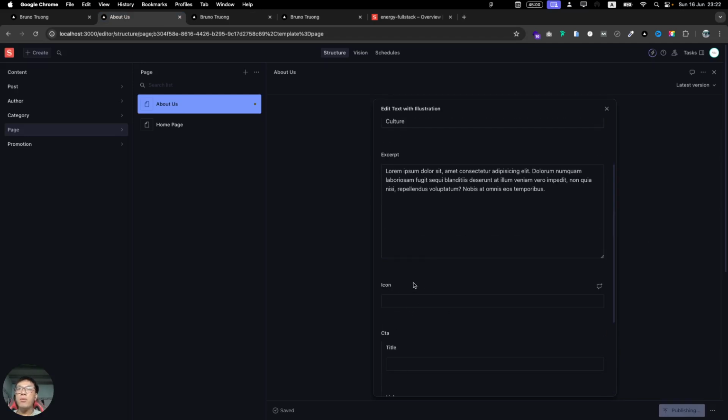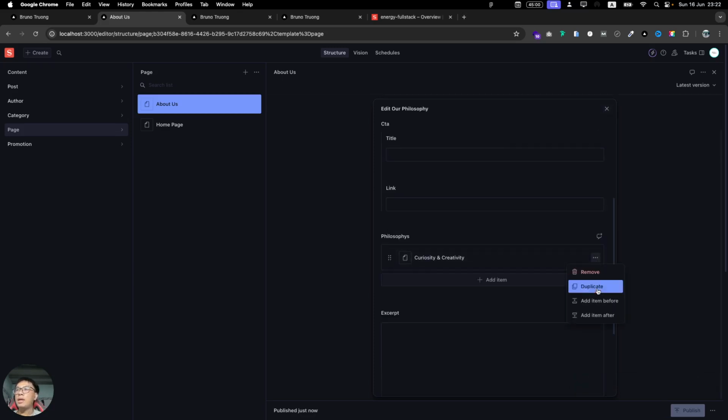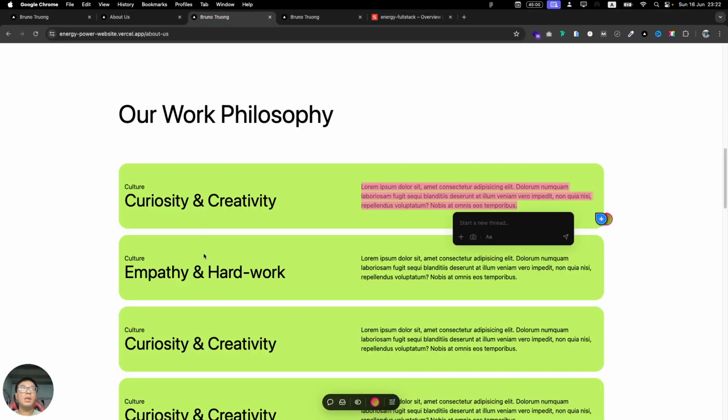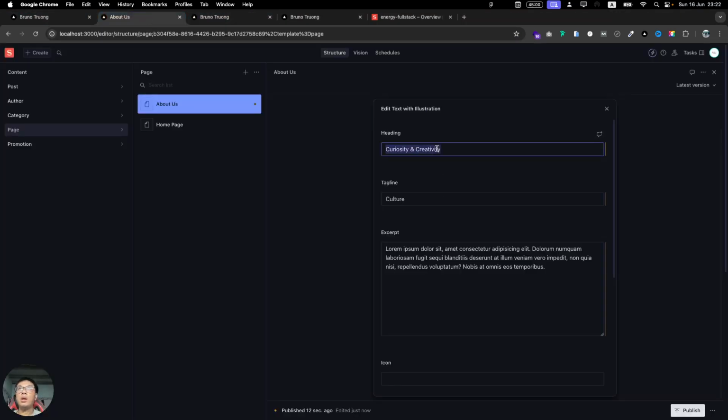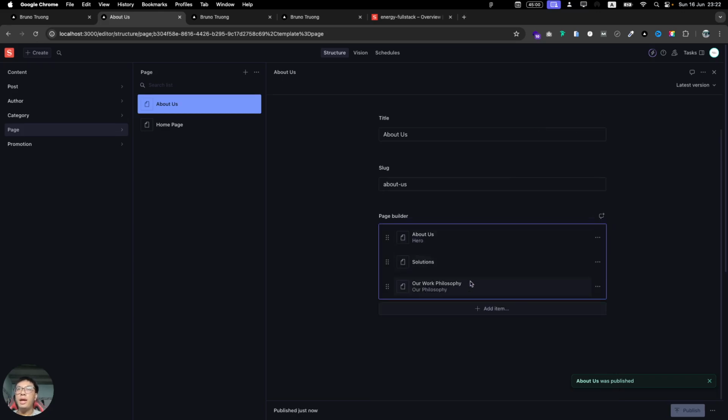If you want to customize, you can have icons depending on how you want to customize. So in this sense, I just duplicate this one and change a couple of things in here. It's the empathy, the hard work, also from the culture, and just publish that. Okay, so I will keep this simple, with only two philosophies, and then I will go to add